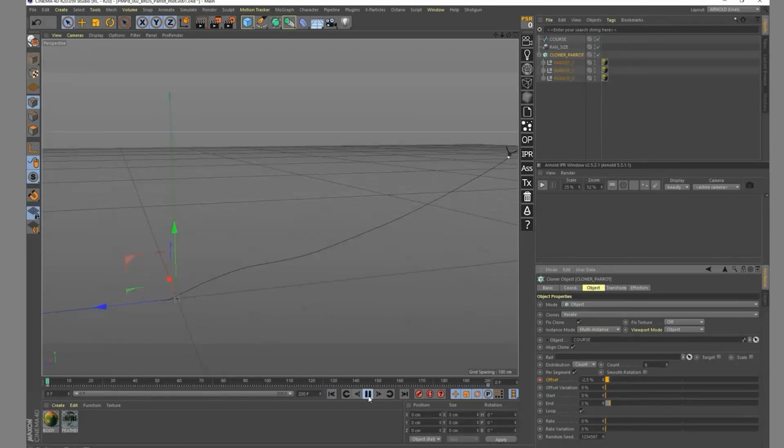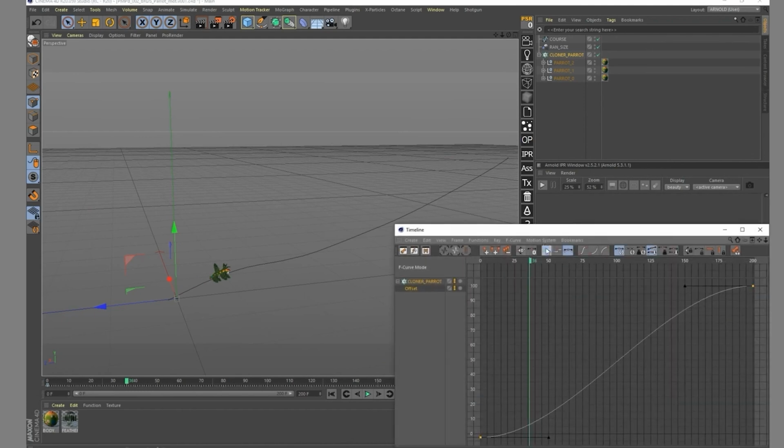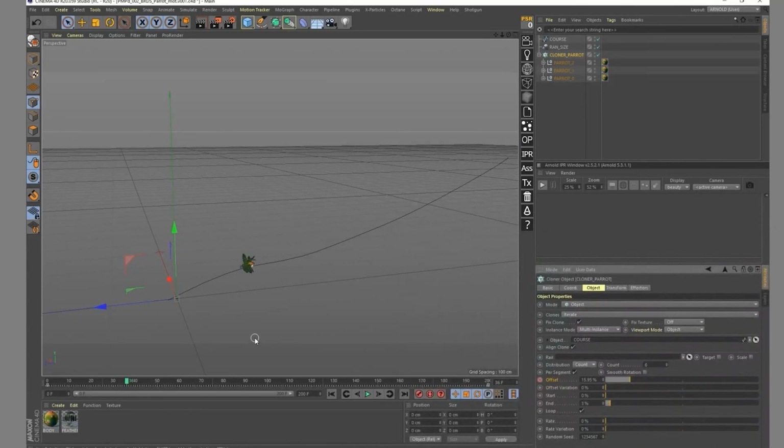So right now, how does it look? I have parrots coming from here in kind of a linear way. Well, the animation itself is not linear. I need to show the curve. It's a tangent, so I'm going to make it linear because I want them to fly at the same speed all the time, but they are all packed together. I can decide that with the end and start, just how much of them are separated.